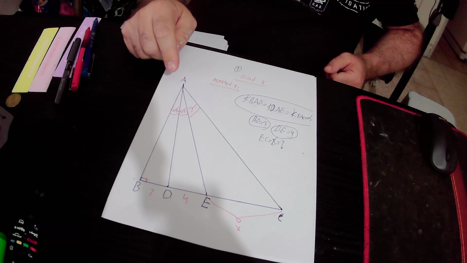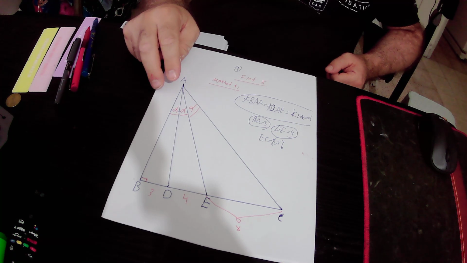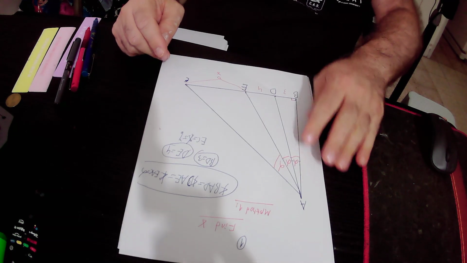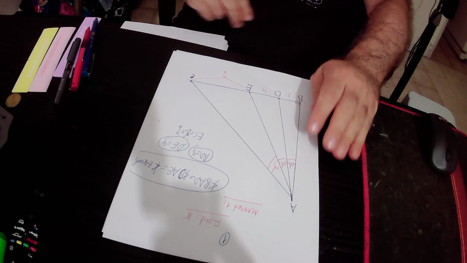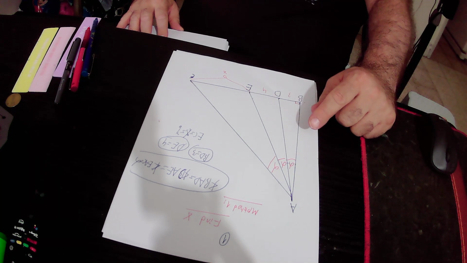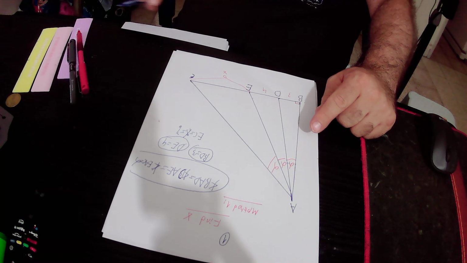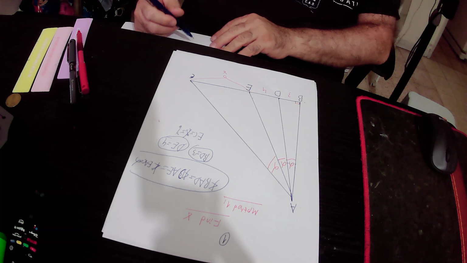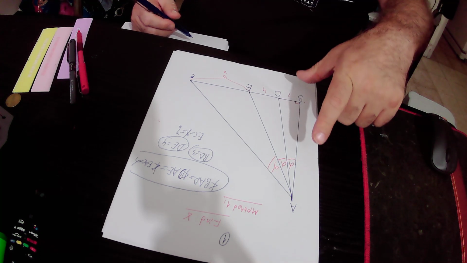Okay, so first of all we will focus on triangle ABE. You know that in triangle ABE, AD is angle bisector,